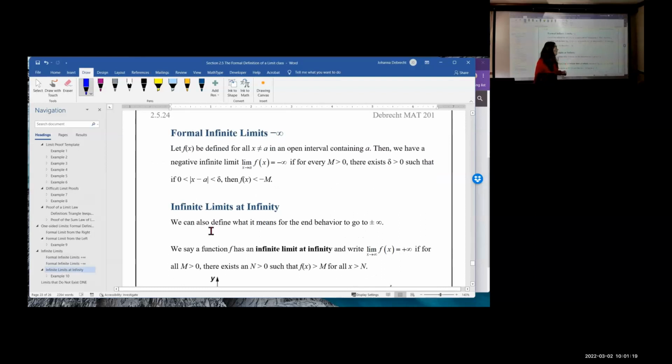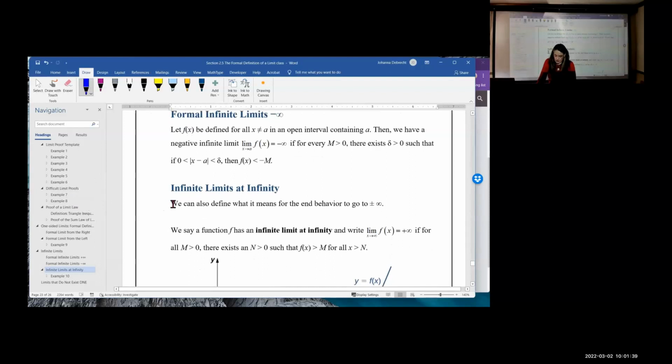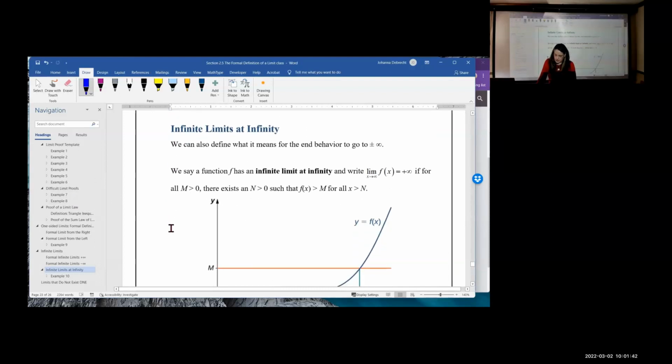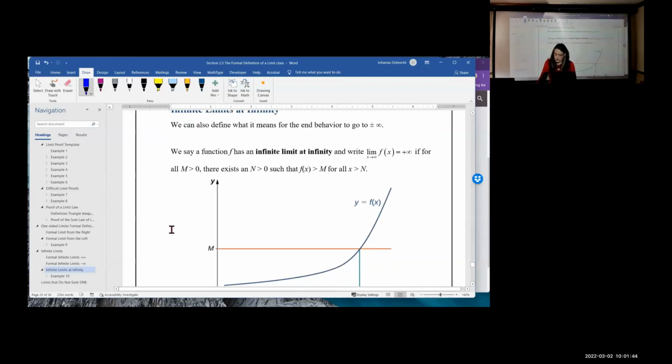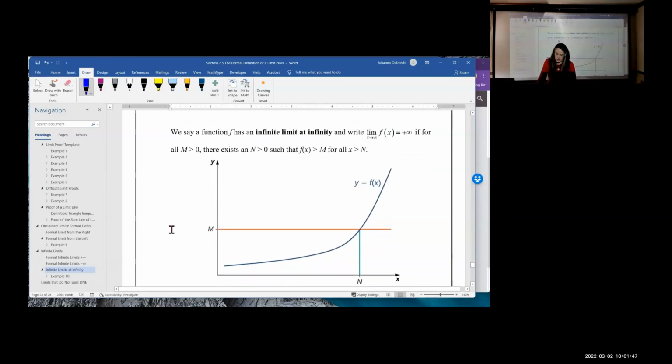For negative infinity, the only change you have to make is that for every M you choose greater than 0, the function value will be less than negative M. In other words, below it. All right. So those are the ways that we define those. Then we can talk about limits at infinity. How do we write an infinite limit at infinity? We say that a function f has an infinite limit at infinity, and we write the limit as x approaches infinity of f of x goes to infinity,